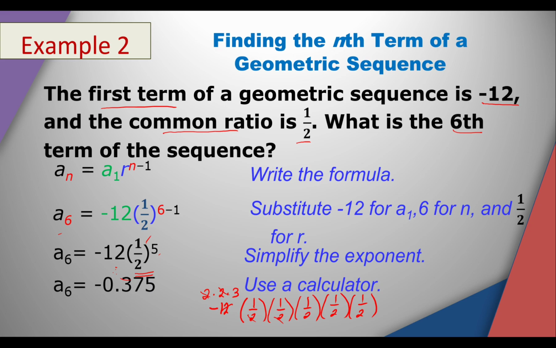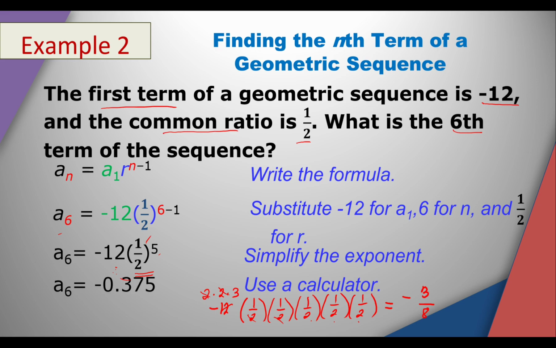Times 1 is negative 3. So we now have a negative 3. Then in the denominator, I am now left with 2 times 2 times 2, which will give me an 8. Thus, we can also have our answer as the sixth term is a negative 3 eighths,